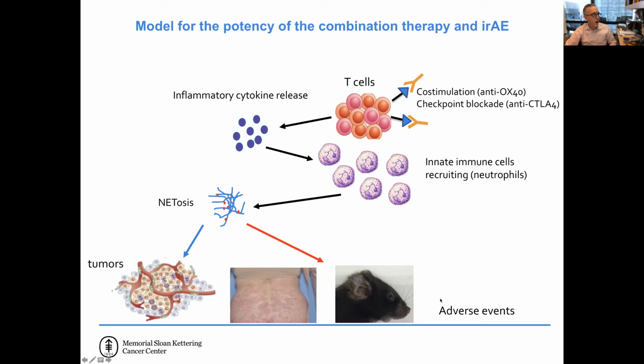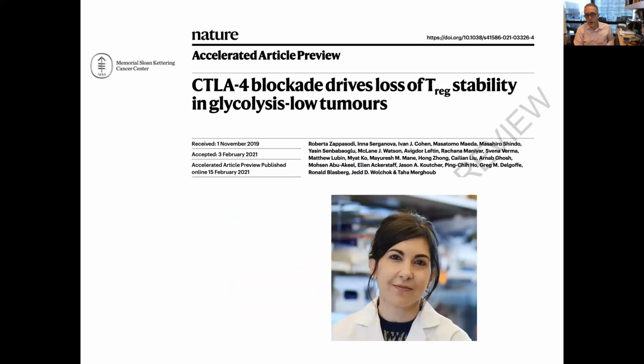I'm going to spend just a couple of minutes before I finish talking about some work that was just published yesterday, or actually 2 days ago, by my colleague, Roberta Zaffasati, who just opened her own independent lab at Weill Cornell. This is work looking at a new mechanism for CTLA-4 blockade in its role in destabilizing Tregs in the context